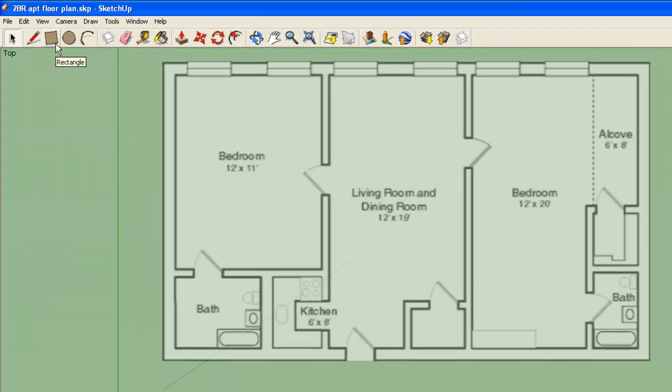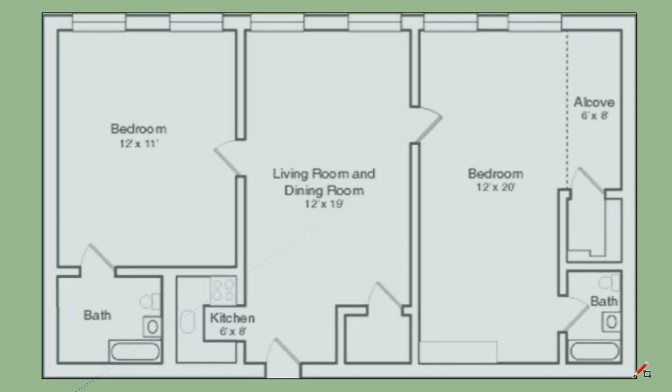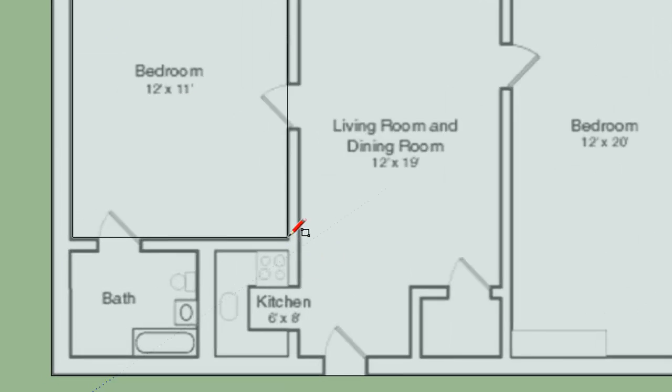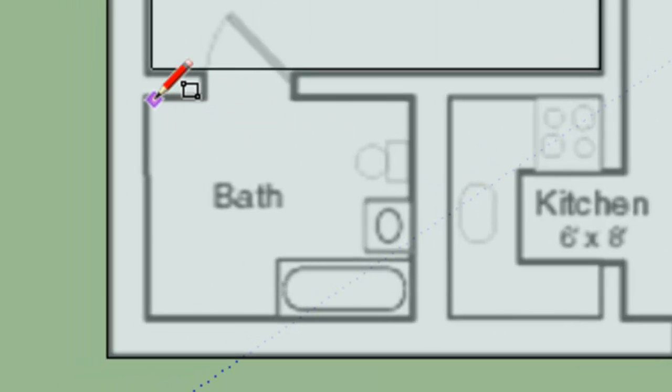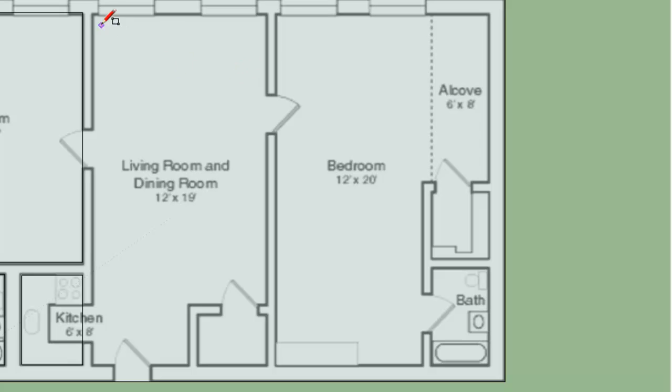Next step is to select the rectangle tool and start in the left hand corner and go to the lower right hand corner so we get the outer perimeter of our apartment. Next step is to simply trace the interior of each room in this apartment. Don't worry about the doorways or anything like that, because we're going to be creating them using the push-pull tool